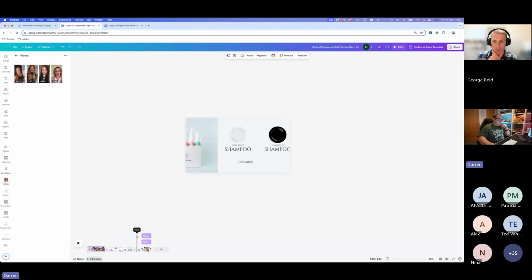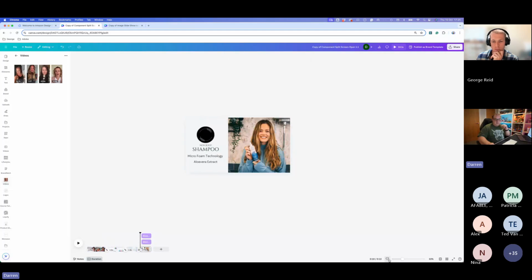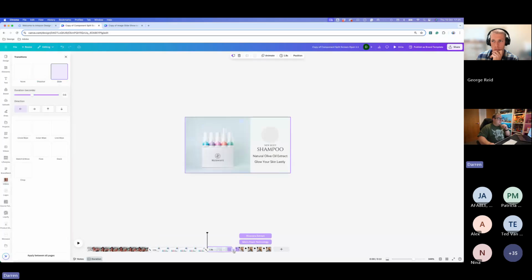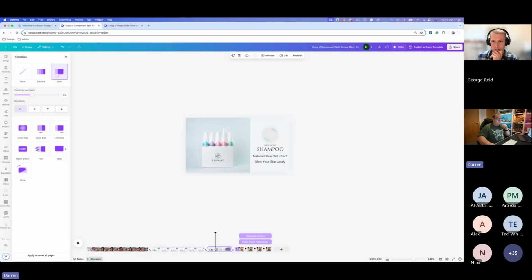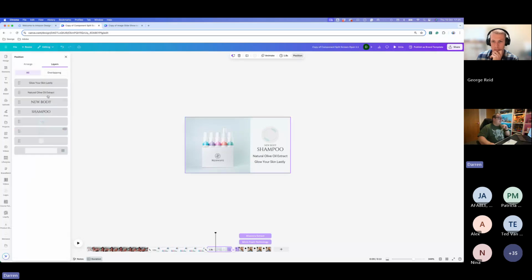And we can see the difference with this one is we've got a different transition. So if I just zoom up a little bit more here, you can see we've got a slide transition. So what's happening on this one, if we come over to the position and the layers panel again, we've got our photo here that is just sliding over. Okay, so that's what's happening there.